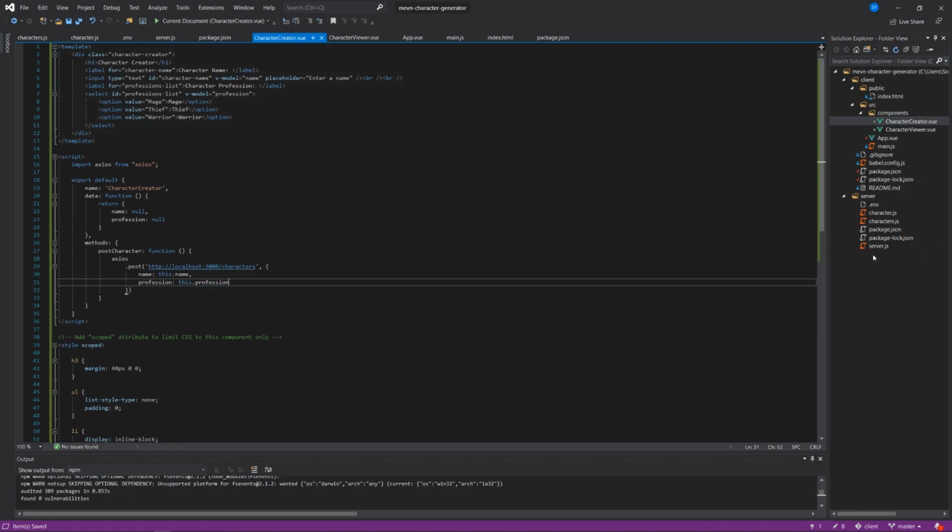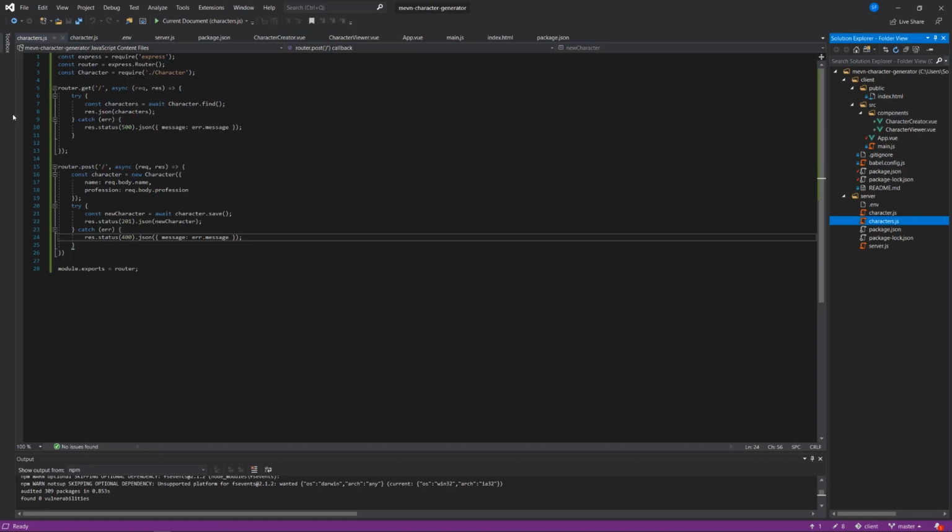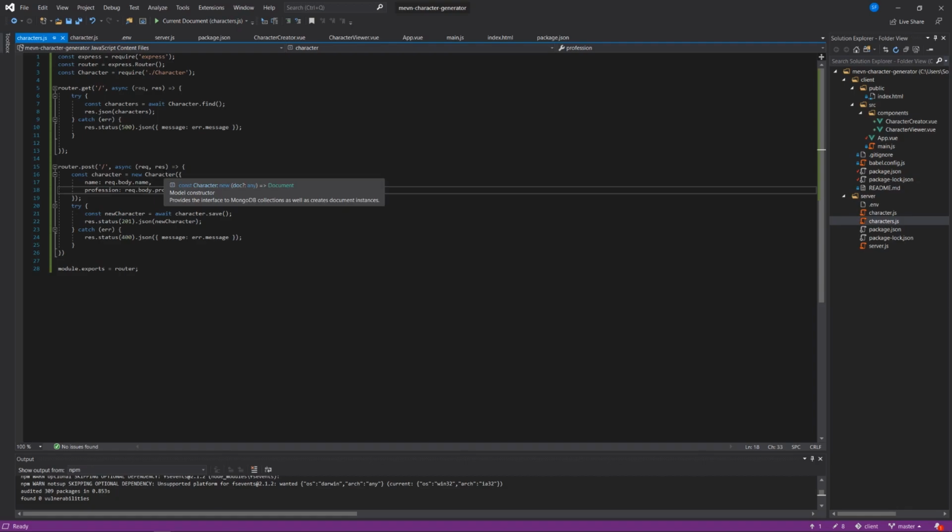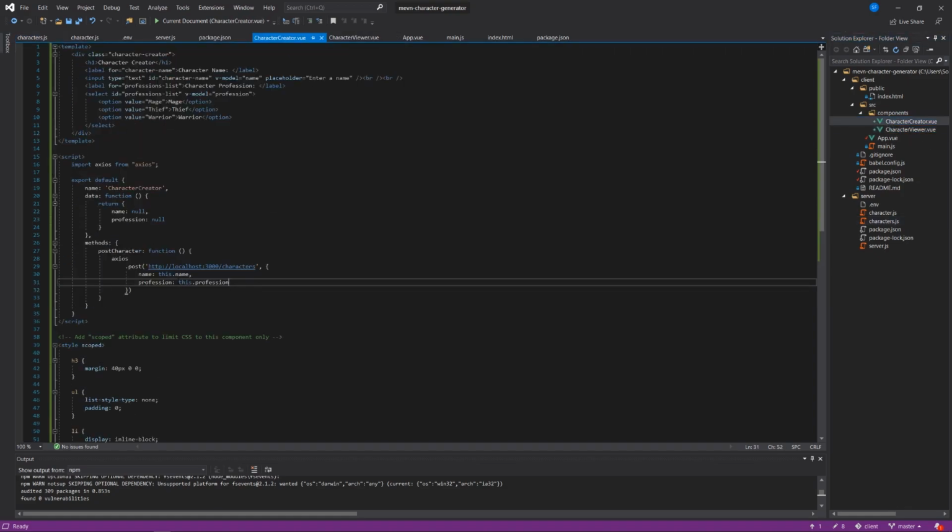Let's just look at how that all works together. In our router, we're creating a new character based on the Mongoose schema, where we're expecting a request that has in its body a name and in its body a profession. And now in our character creator file, we're making a post request and we're providing a name which is equal to this.name. Remember, we're talking about this component here, and this.name is referring to the data called name, which is